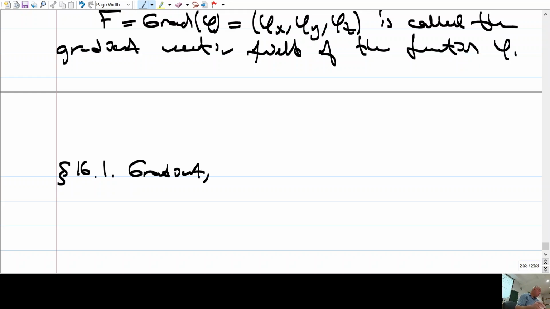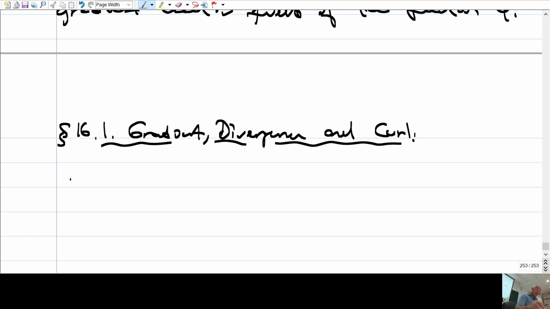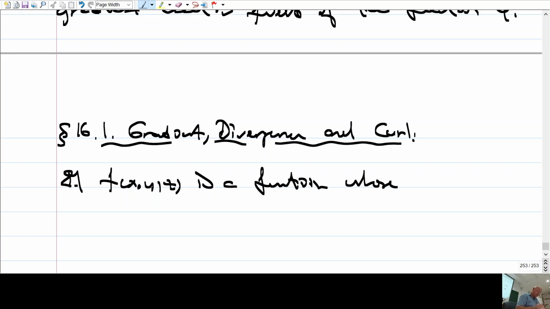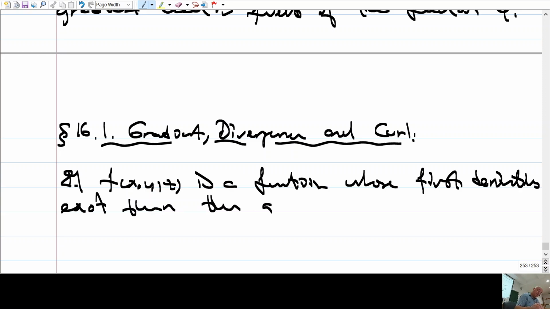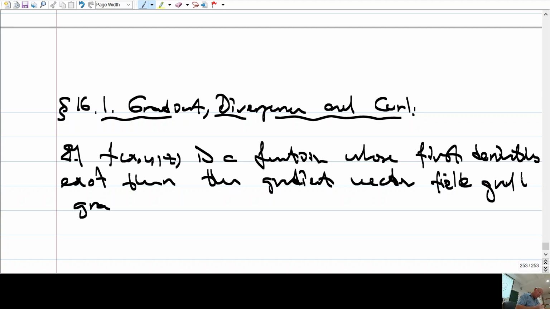Okay, gradient, divergence, and curl. We already gave the following: if f(x, y, z) is a differentiable function, is a function whose first derivatives exist, then the gradient vector field grad f is defined